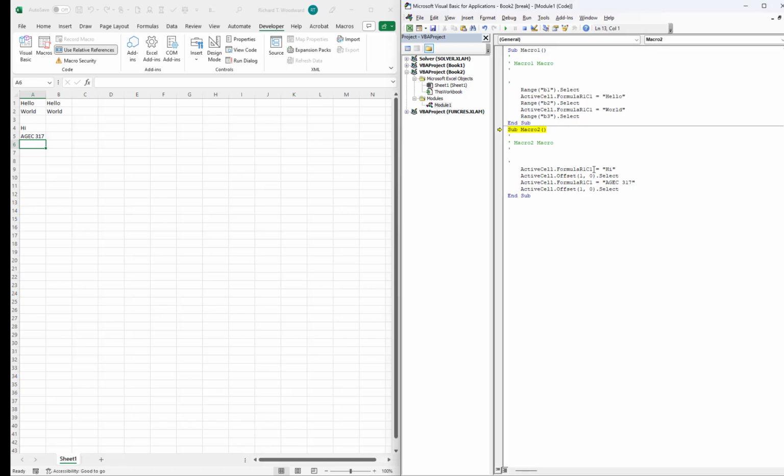highlights macro 2. Right, I go to active cell formula R1C1 and it's going to type hi. Look on the left now in A6, it has written the word hi. Then I'm going to active cell, I'm going down one row. I write AGEC 317 and I go down again. And I can do that. Now I'm going to hit the continue button, which I could also access by F5, and selecting this, I run that again and again and